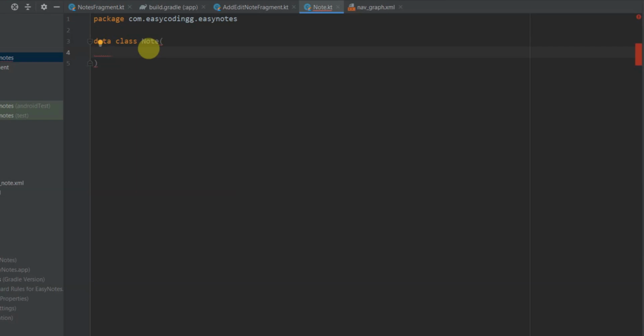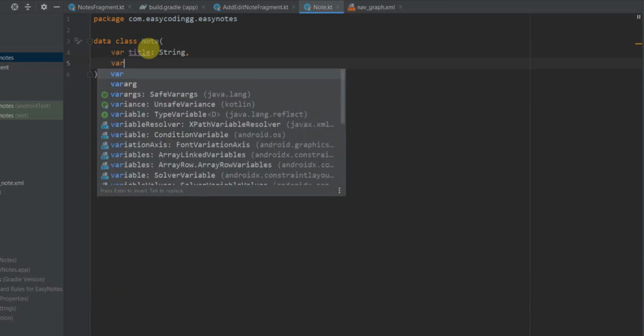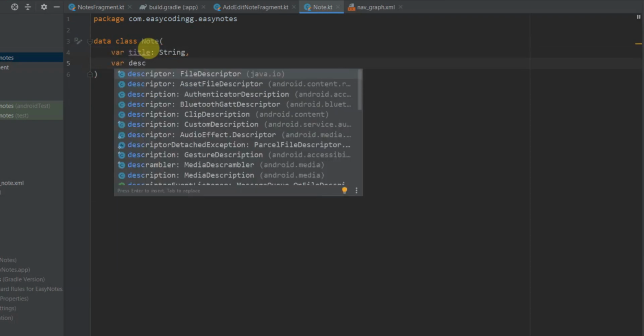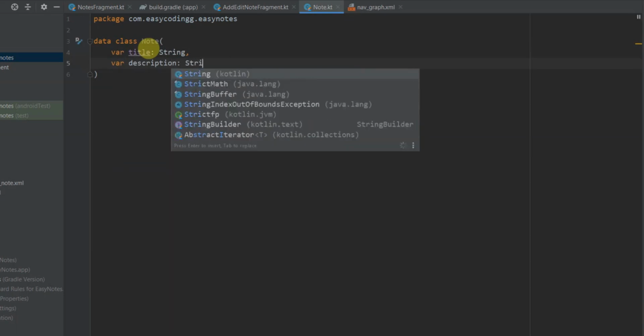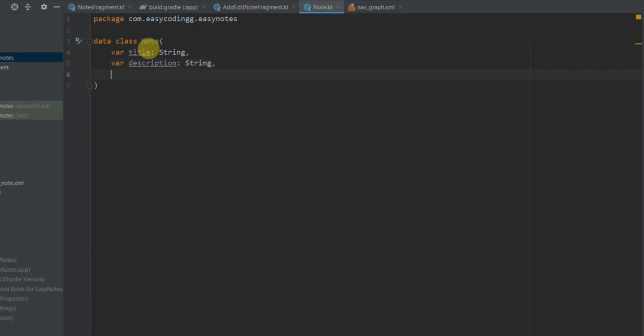Now we will add properties of our note. So our note will have a title. So val title, it will be of type String. Then it will have a description. This will also be of type String. Then our note will also have a timestamp for when the note is created.